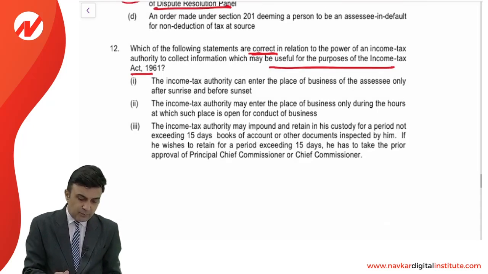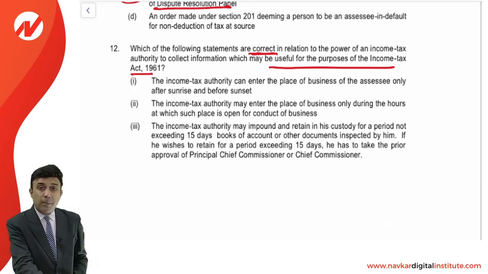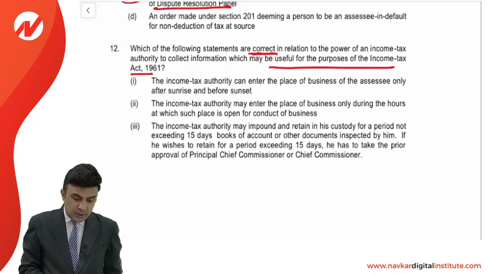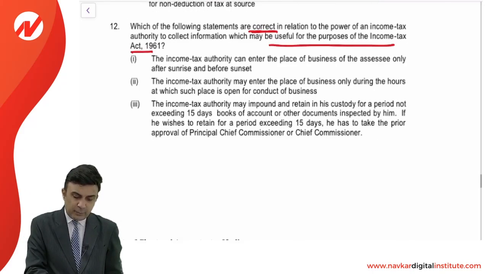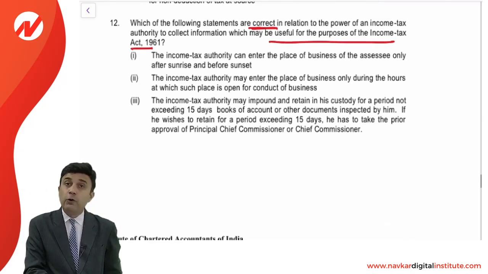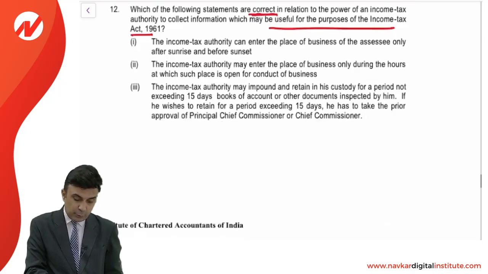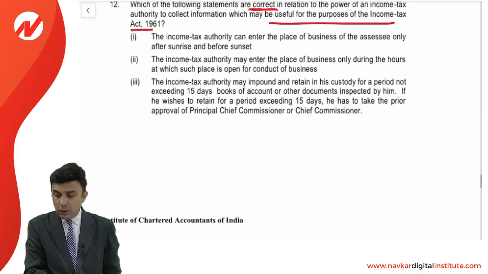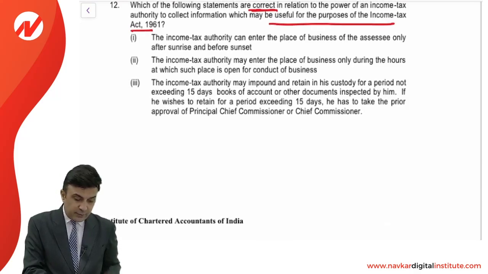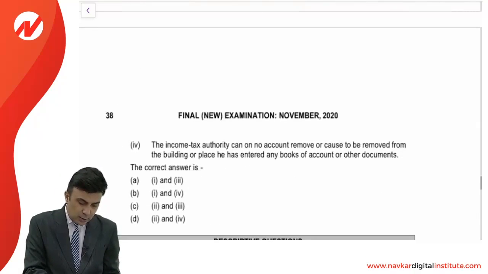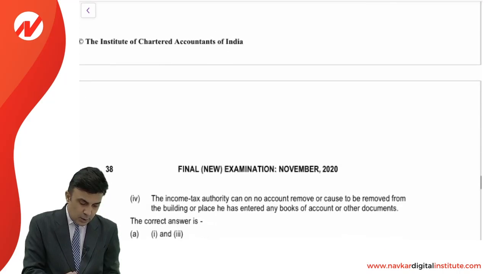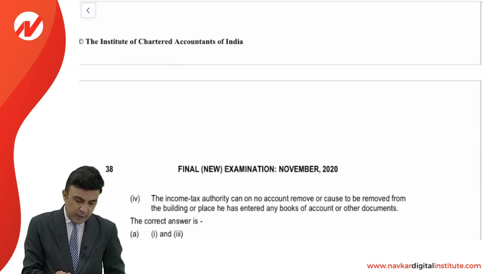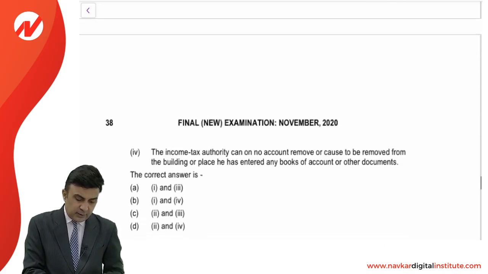open for business. The Income Tax Authority may impound and retain in its custody for a period not exceeding 15 days books of accounts and the documents inspected by it. If he wishes to retain it for more than 15 days, they have to have the prior approval of the Principal Chief Commissioner or the Commissioner. And friends, the Income Tax Authority can on no account remove or cause to be removed from building or place he has entered any books of